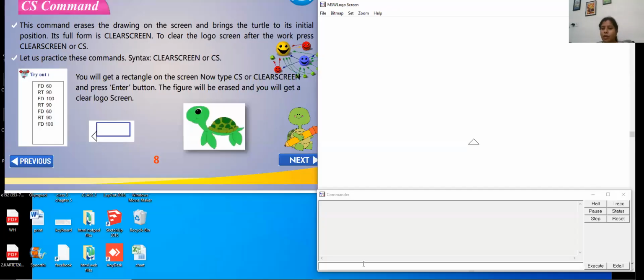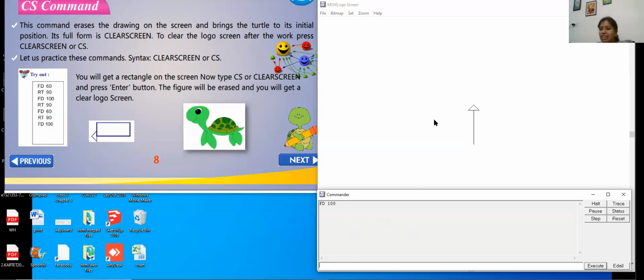Yes, let us resume. See what all we learned. We learned about the forward command. I'll be using it. Where do I write it? In the commander window. I have to write in the commander input box, right? Where is it? It is here. Can you see my mouse pointer? It is here. Yes. Now what will I write? Forward 100 steps. So my turtle went upward, correct?